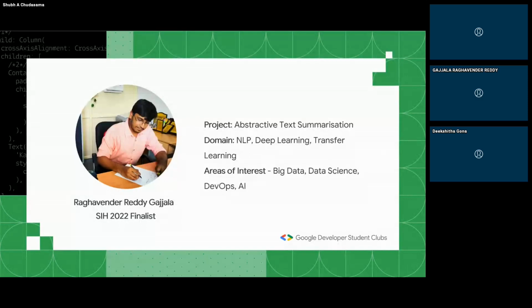As soon as you get selected, you will be given a nodal center. For multiple problem statements, they'll assign different nodal centers. Though there might be some 200 applications for a single problem statement, they only select 5 to 8 members. These 5 to 8 members have to go to the nodal centers, and the food and travel charges, everything, will be covered by the nodal center itself. What exactly happens there is a 48 hours hackathon.